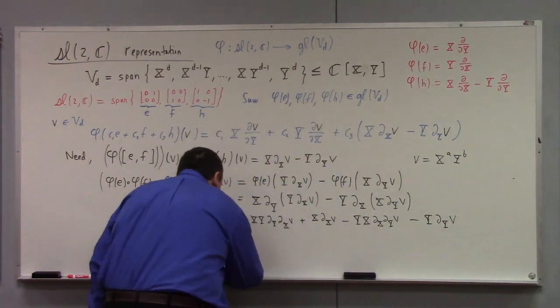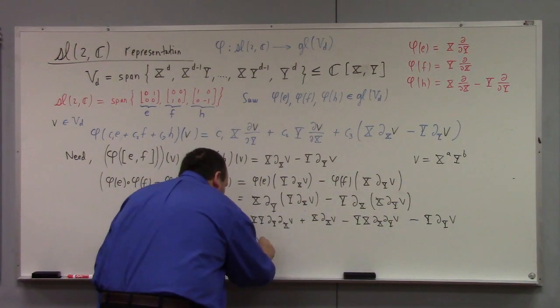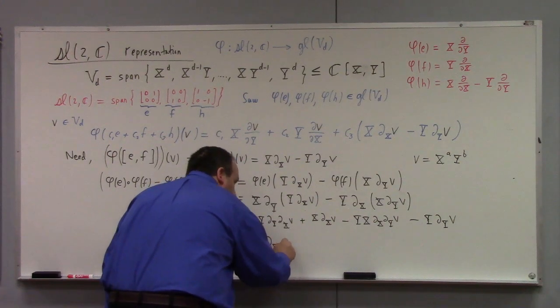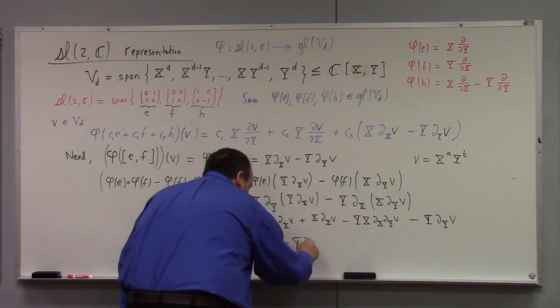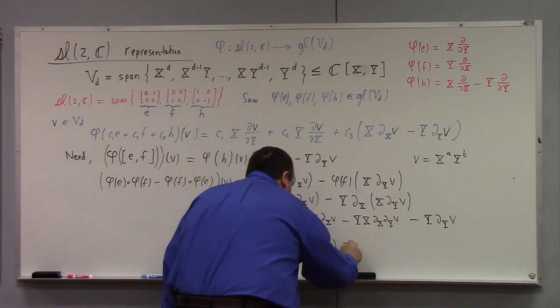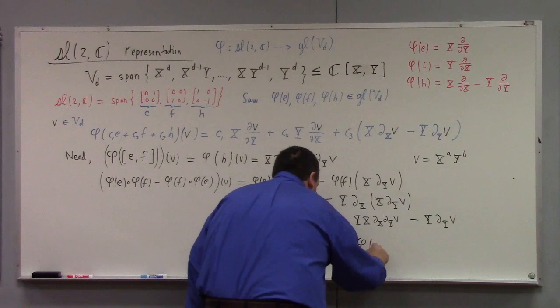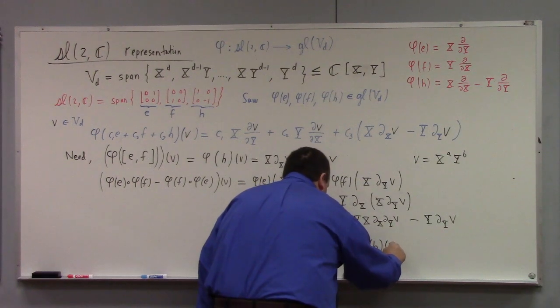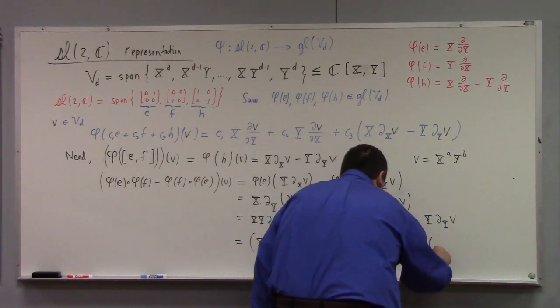And that gives us, excuse me, (x partial x minus y partial y) on v, which is exactly phi of h acting on v, which of course is phi of